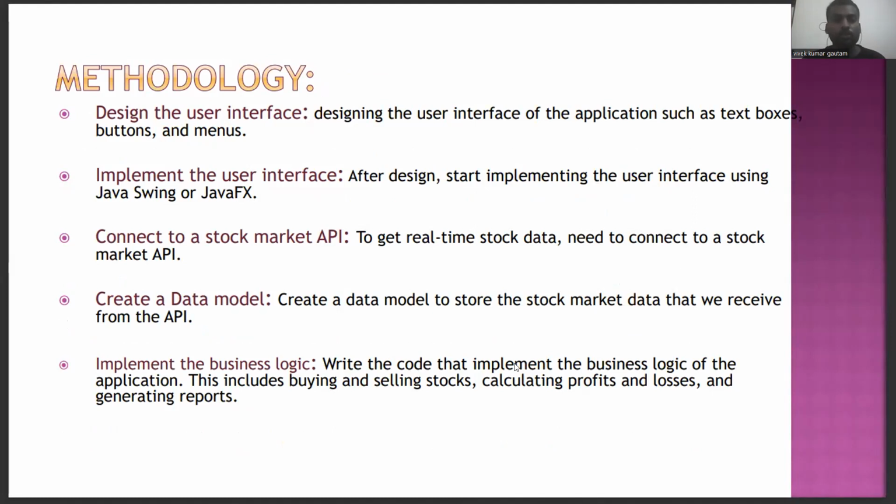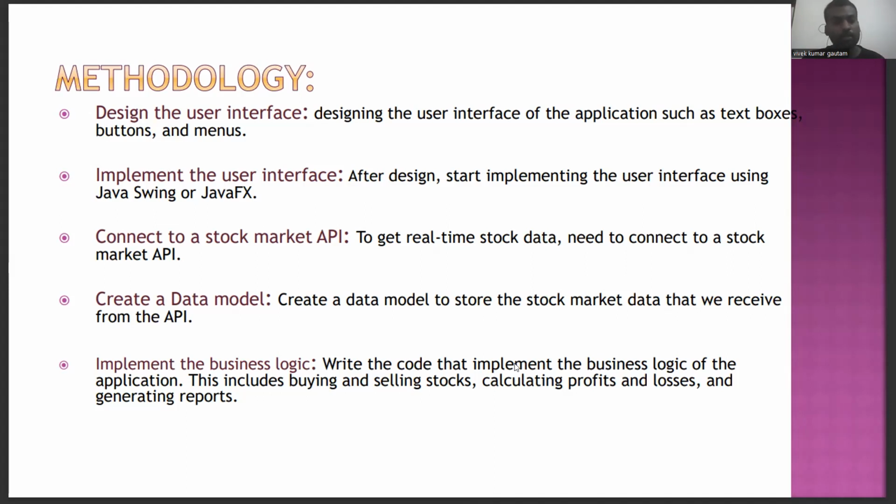We can implement the user interface by using JavaScript. JavaScript is a framework for the GUI, the graphical user interface. And after the implementation, we need to connect to an API because we want real-time stock data. So we need to connect to a market API. Some examples of available market APIs are Alpha Vantage and Yahoo Finance,